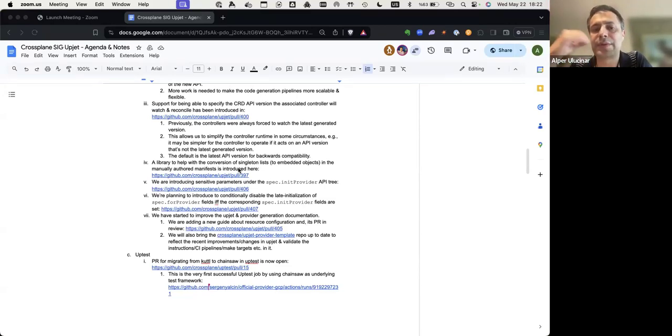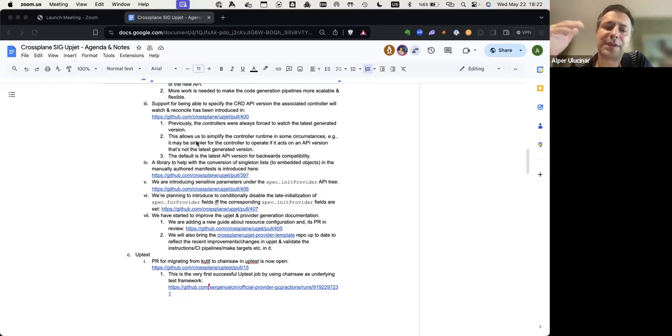Previously, Upjet generated controllers were just reconciling the latest version, the last generated version. But with this change, it becomes possible for Upjet to generate, say, v1beta1 of the CRD, and the associated controller will be watching and reconciling the v1beta1. We implemented this change because it's sometimes simpler for a controller to watch and reconcile an older version of the API.